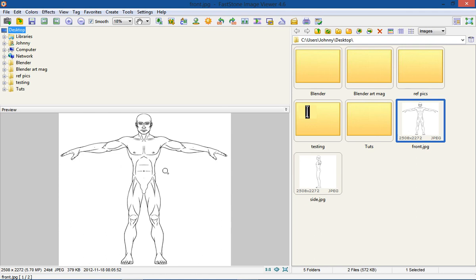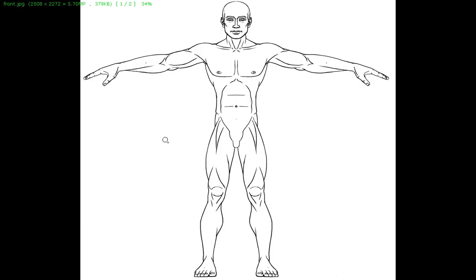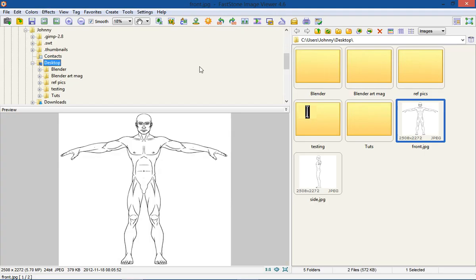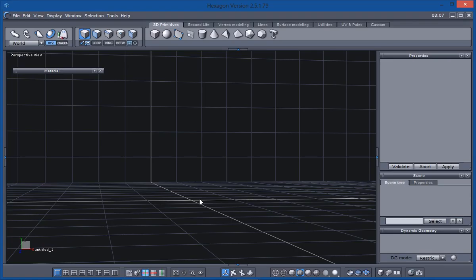Anyway, I've got the front view selected here. I'm just gonna hit enter, and I can see that the dimensions, the width is 2508 and the height is 2272. So we're going to need those dimensions. So 2508 is our width. So let's go ahead